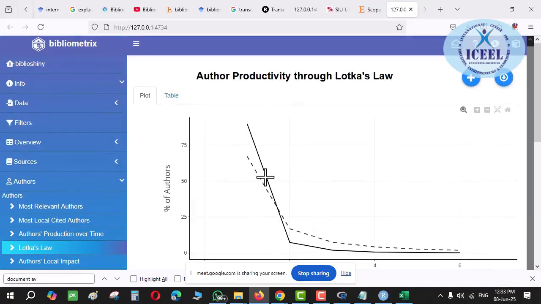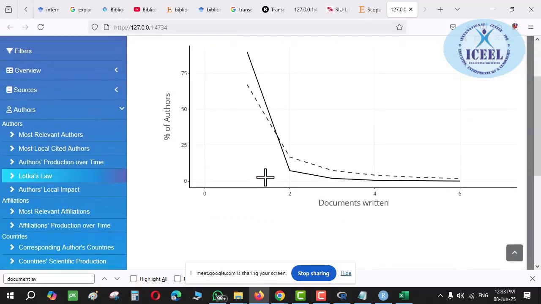But when I imported this export-import related data having more than 500 records into it, I could get Lotka's law. What does it mean? It describes how the number of authors published. When was this given? Around 1926, this was given and since then it is being used in different areas of research. It describes how the number of authors publishing a certain number of articles is related.